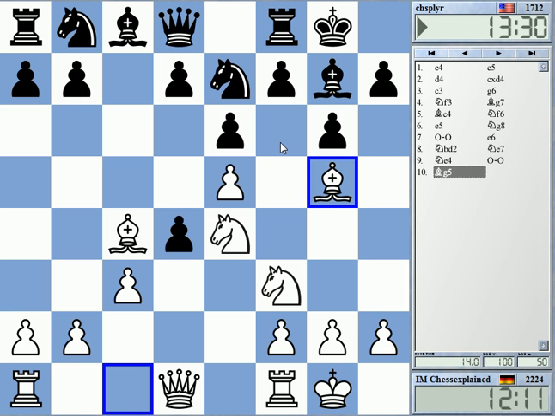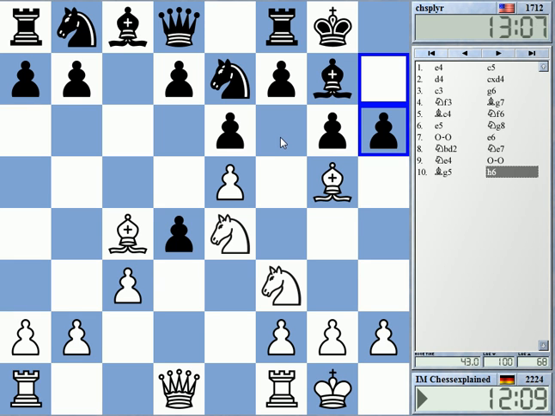Maybe you should consider h6 now. If he plays a move like knight bc6, I think then maybe it's time to actually recapture on d4. Okay, so this is an interesting point here. Should I play bishop h4, keeping this pin intact, or should I play bishop f6, exchanging the bishop,